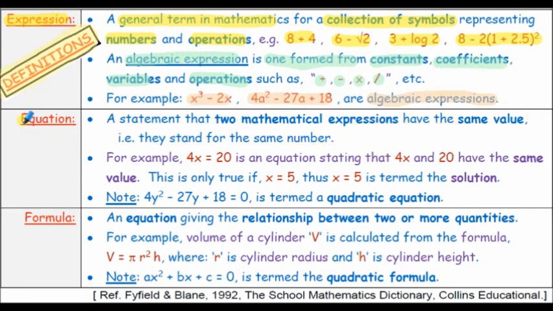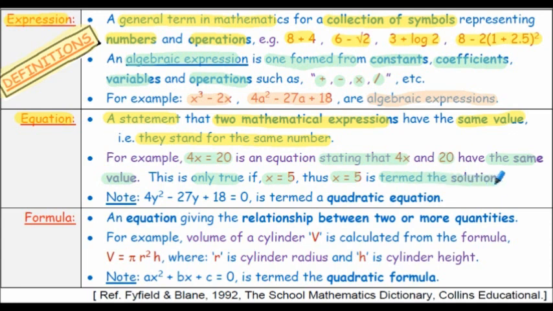Let's define the term equation. An equation is essentially a statement that two mathematical expressions have the same value. In other words, these two expressions stand for the same number. An example of an equation is 4x is equal to 20. In this equation, we're stating that the 4x and the 20 have the same value. This is only true if x is equal to 5, so x is equal to 5 is termed the solution